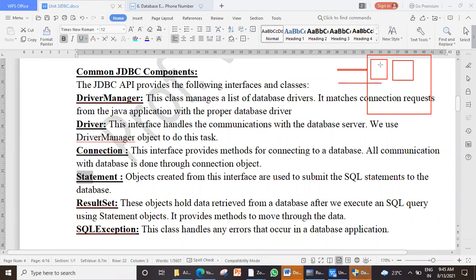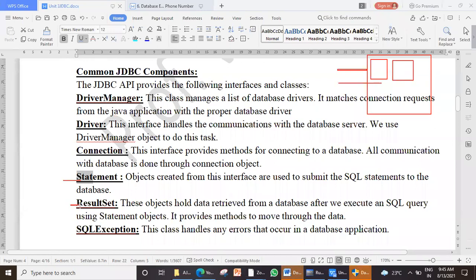Then after connecting to the database, you have to execute SQL statements. For that, the next class we'll be using is the statement class. Now after executing the SQL statement, Oracle has a storage capacity. Inside Java, when individual items are stored, you declare some variables. But here, it is not individual. When you fetch the data from the database, it is a table. Multiple rows and columns are fetched. To keep that, you should have a container. To create a container, you use the next class, which is the result set.